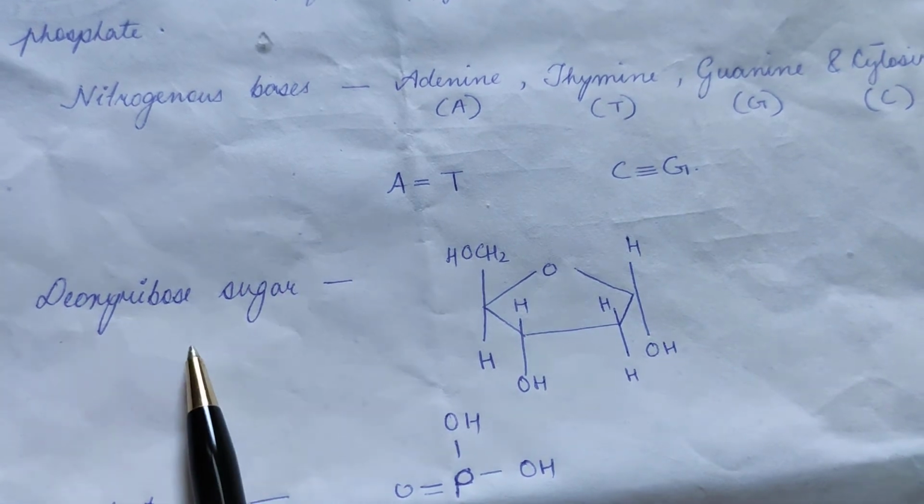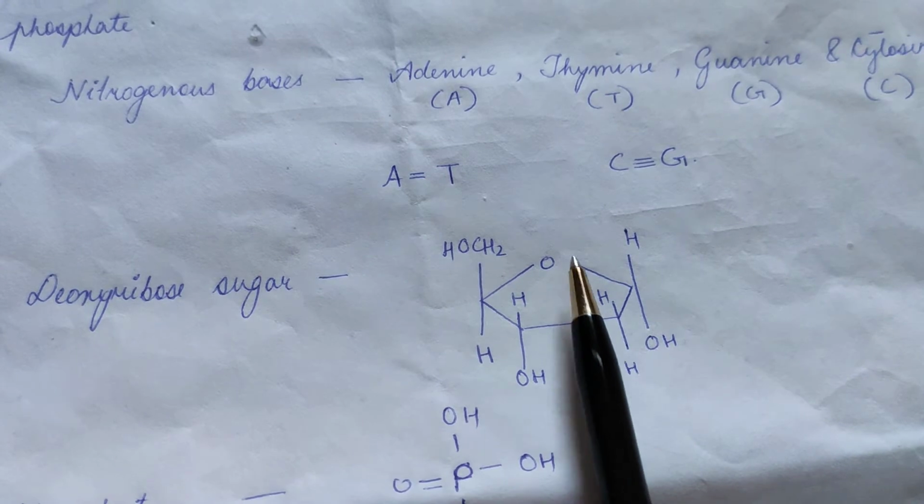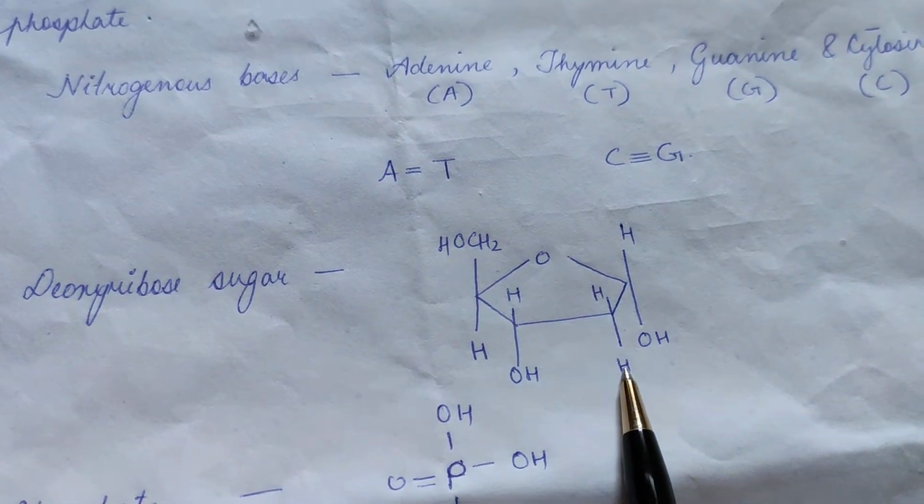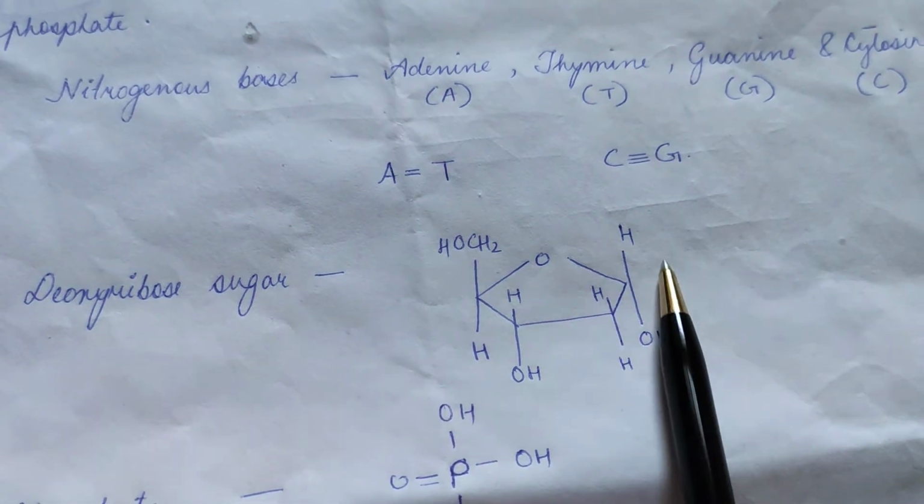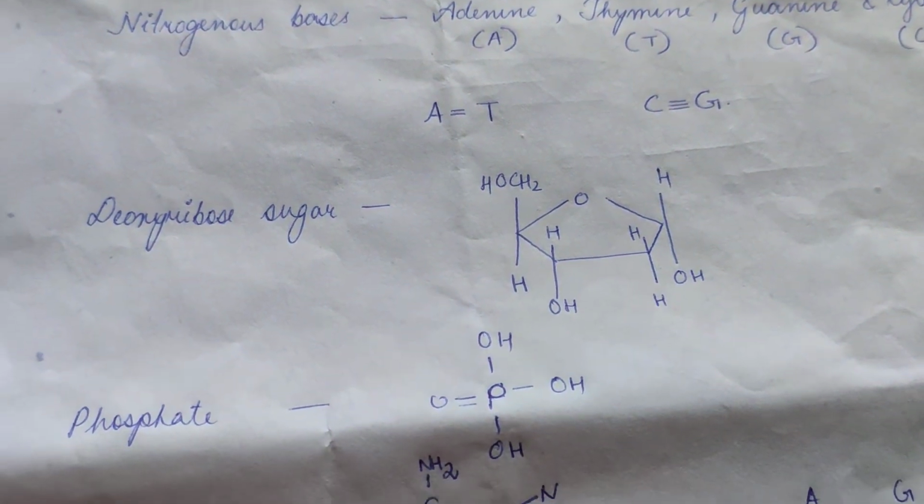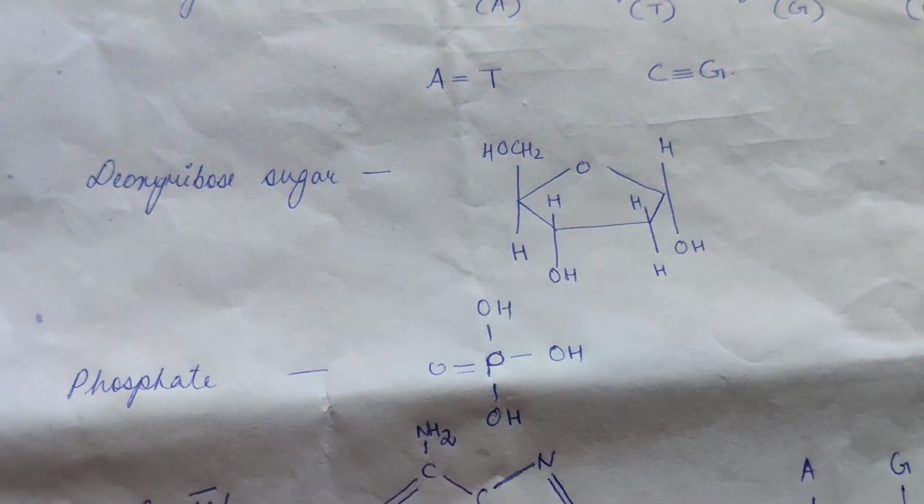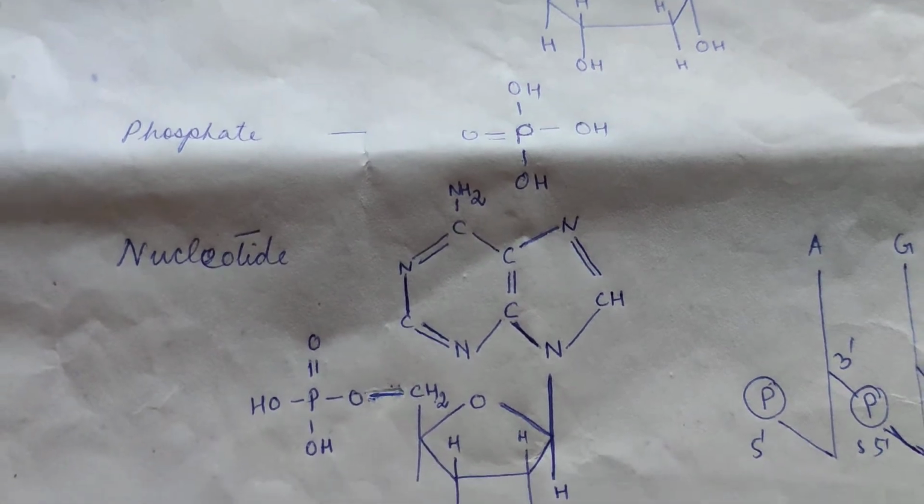Next, deoxyribose sugar. This is the structure of a deoxyribose sugar. Here we can see that a hydroxyl group is replaced by hydrogen, so this makes the structure more stable. This is the phosphate. Now let us see the structure of a nucleotide, how these three